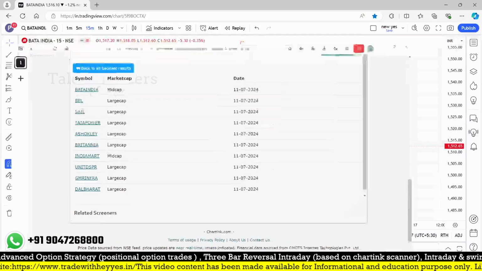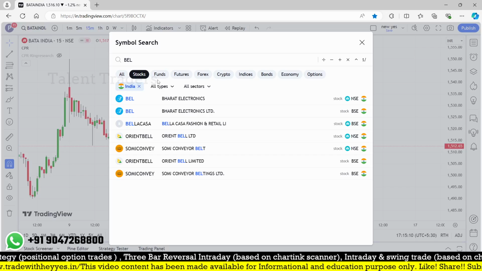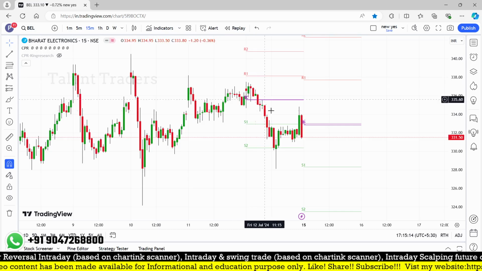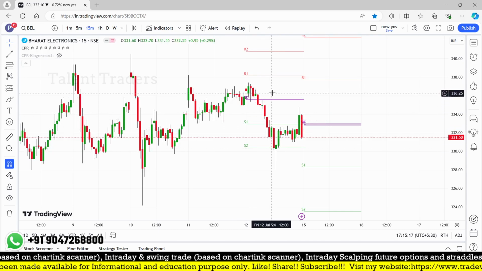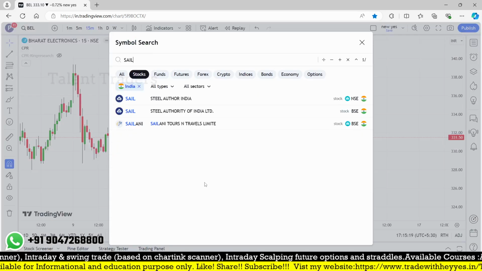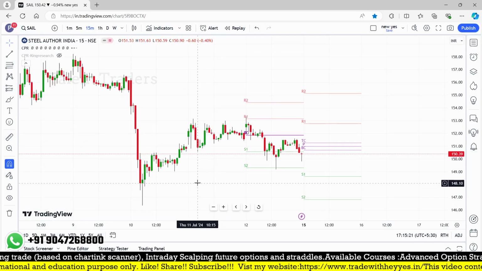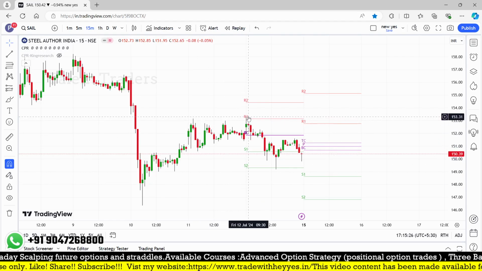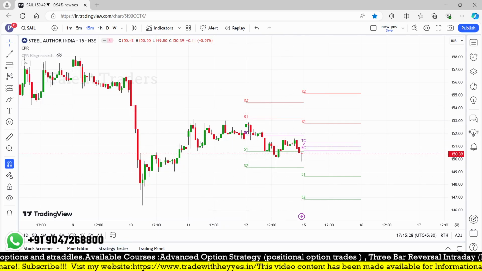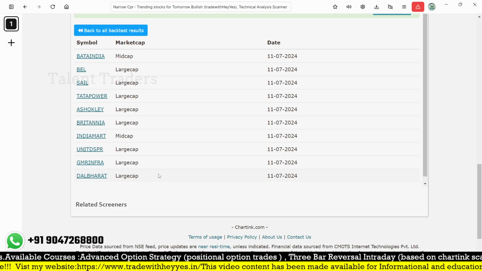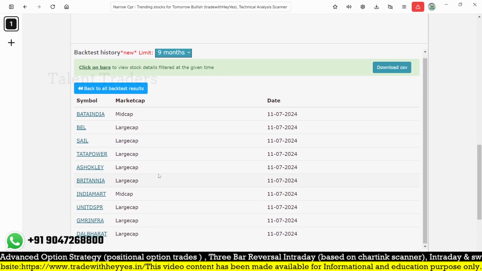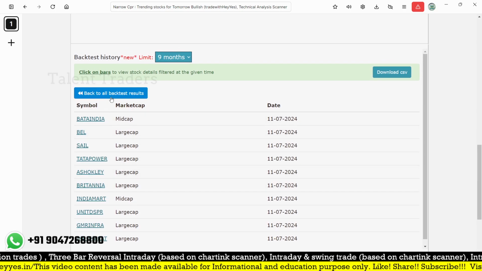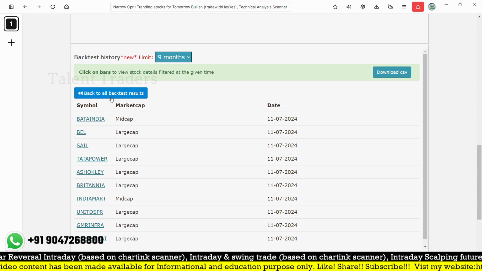So let me go for BEL, SAIL. What happened? Whether it is rejected or continued. So BEL, it doesn't break the R1 level, but it broke the support and came down. So we are looking at yesterday's stocks, and SAIL would have been yesterday. So this is a method or indicator where I just find the first candle, it itself is a rejection from the R1 and it came down to the S2 level. So here I'm not providing any tips to take trades, but it is a logic to find out the stocks which are going to perform tomorrow, the trending stocks, based on the very tight narrow CPR indicators